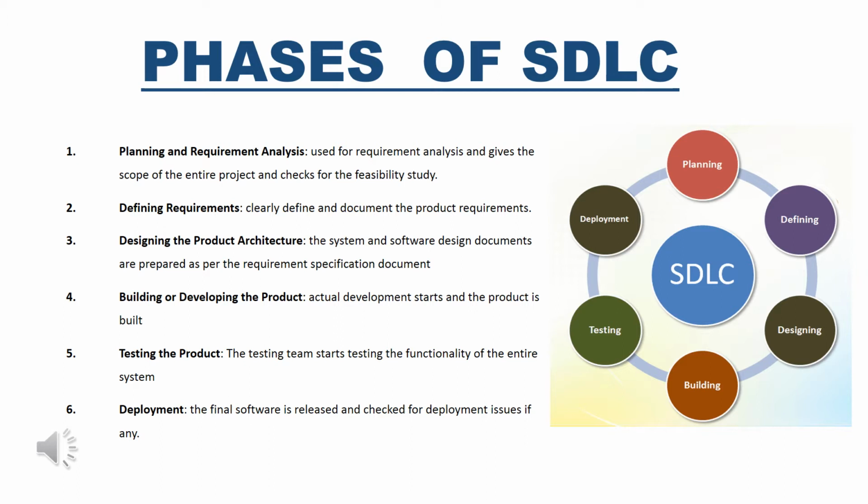Once the software coding is done and we are done with the implementation process, then the testing team starts testing the functionality of the entire system, and if they find some bugs or errors, they communicate them to the developers. Then the development team fixes the bugs and sends it back for retesting, and this process goes on until the software is bug free, it becomes stable, and it is working according to the business needs of the system, or according to the user expectations.